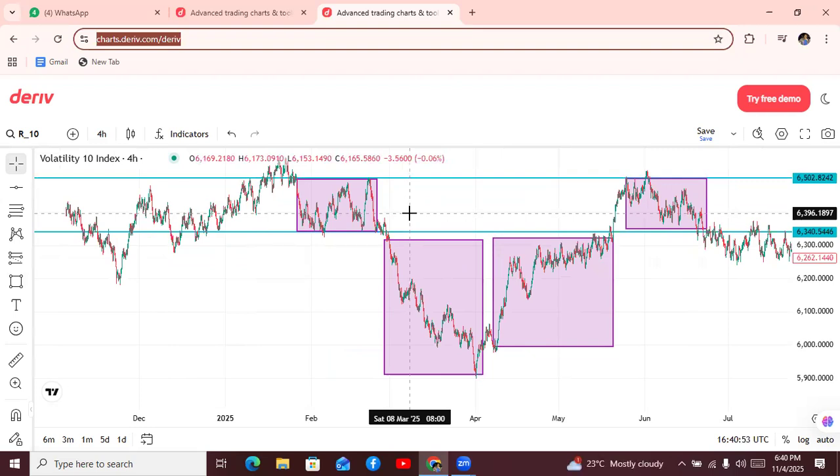Now, after this was formed, what happened? Did the market go up or did the market go down? Now, if the market went up, what should I have done? Should I have bought the market or should I have sold the market? And if I'm selling the market, from which level am I selling? Should I sell from the support or am I selling from the resistance? It is actually the reason why you have that particular